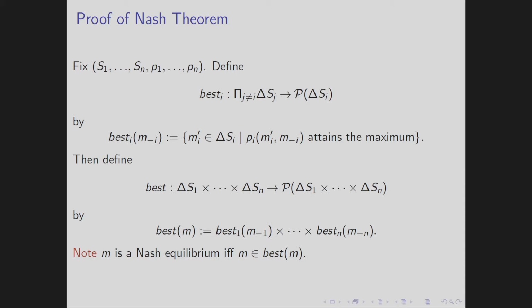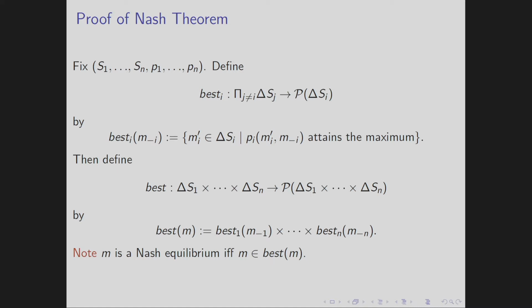And then we make a Cartesian product of these functions, which is defined at the bottom. So this is the function here, best m. So given a joint strategy m, we take for each player his best function. So this is the set of best responses to what the opponents chose, and we take a Cartesian product of these sets. And then there is a very simple observation which really follows directly from definition, that m is